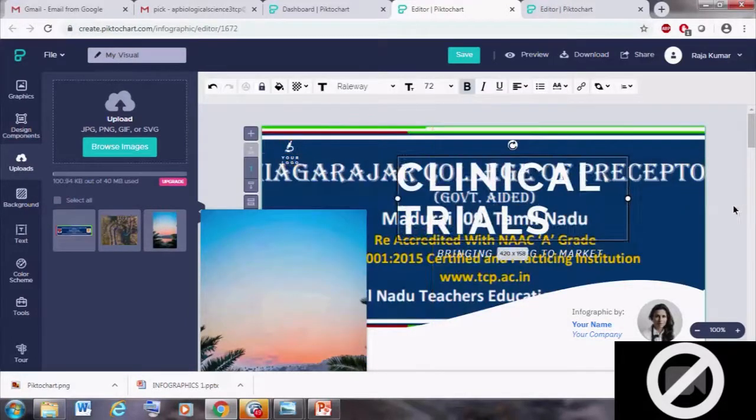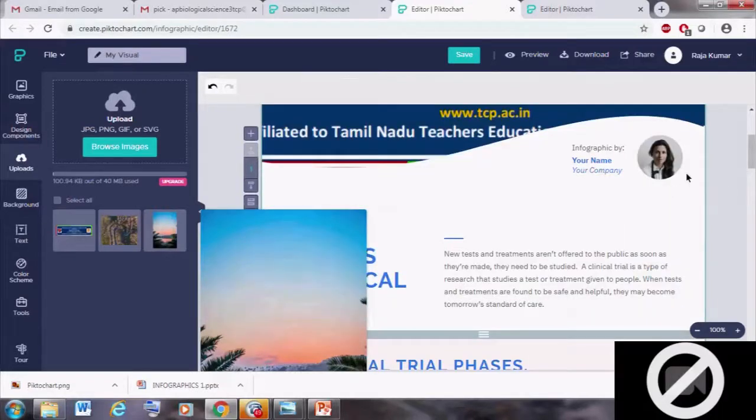Yeah, so it is automatically placed in the page.